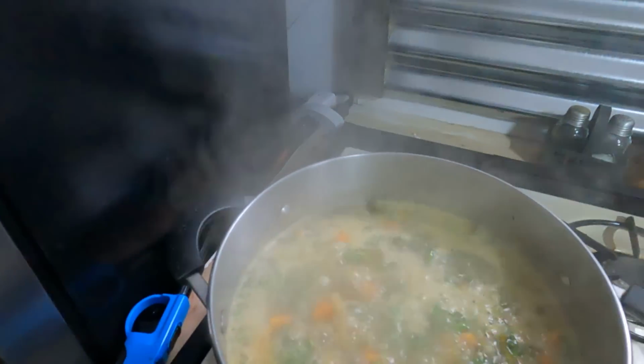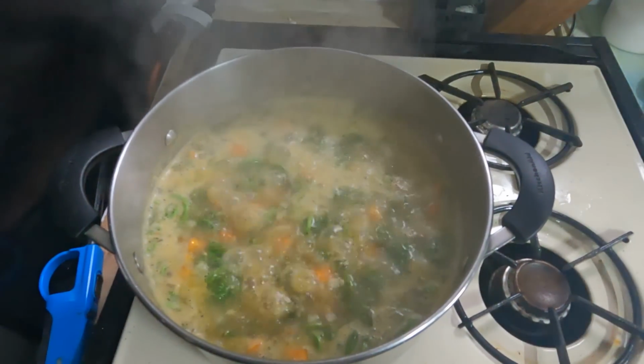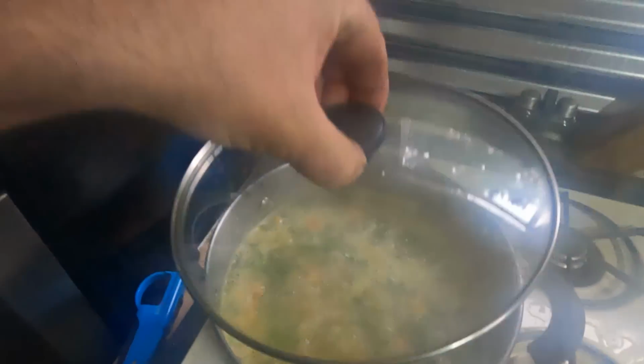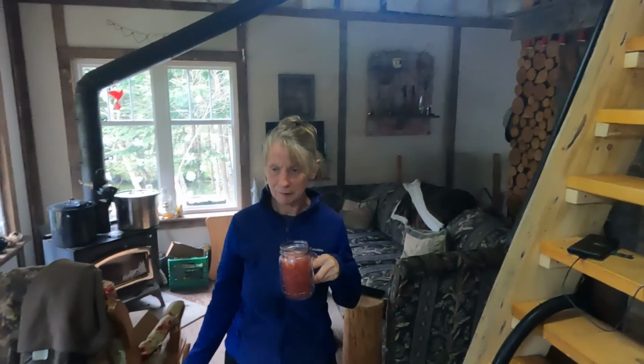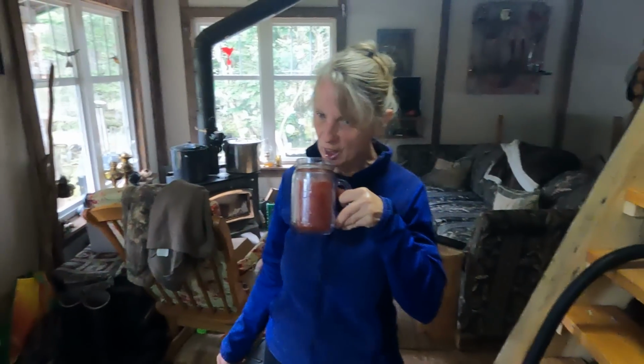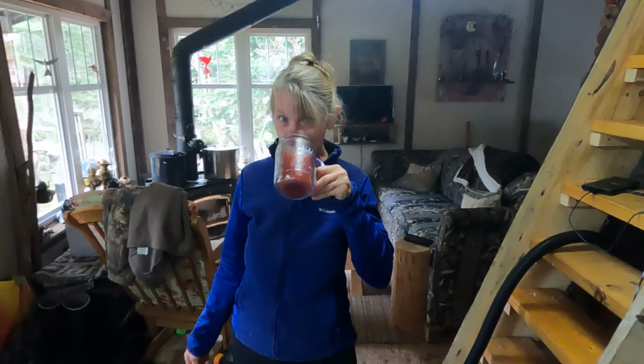So anyways, Cynthia has the stuff cooking. It's going big time. Oh, it's good. Smells really, really good. All we have left to put in is the mix with milk and a little bit more butter. Well, there you go. Mix and milk and...